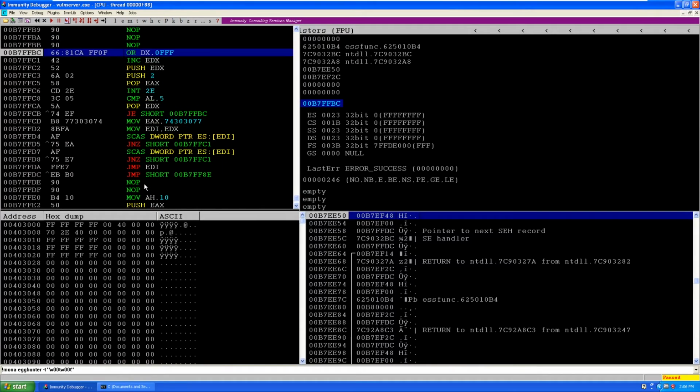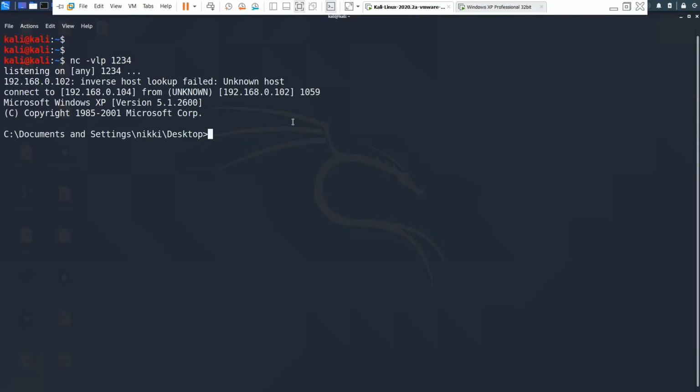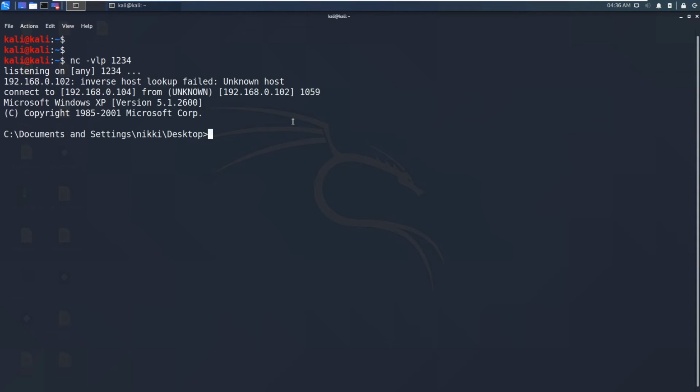Now this egg hunter gets executed, and our shellcode gets executed automatically, because this egg hunter searches for the shellcode and jumps to it. Now I'm directly clicking on run because it takes so much time. We got the command prompt. So we have successfully exploited this SEH overflow with the egg hunter.